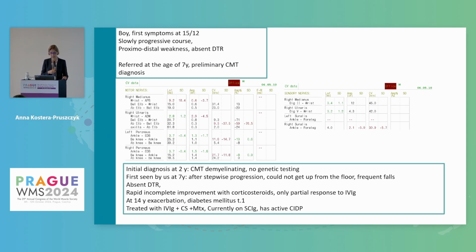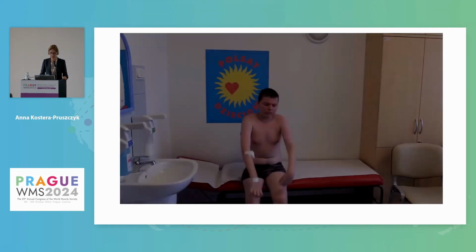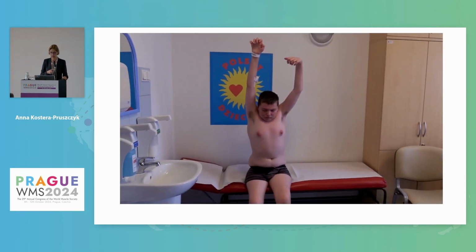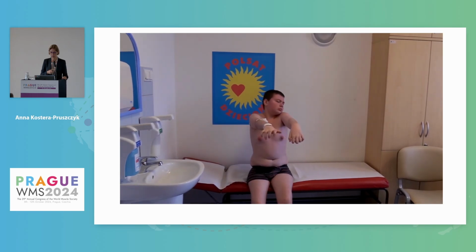He made rapid incomplete improvement with corticosteroids and only partial response to IVIGs. At 14 years, he was also diagnosed with diabetes type 1. He's treated with IVIGs, corticosteroids, as the response to IVIGs was not complete, methotrexate, and he still has active CIDP, and this will be the boy nowadays. His exacerbations are more proximal. He's still quite